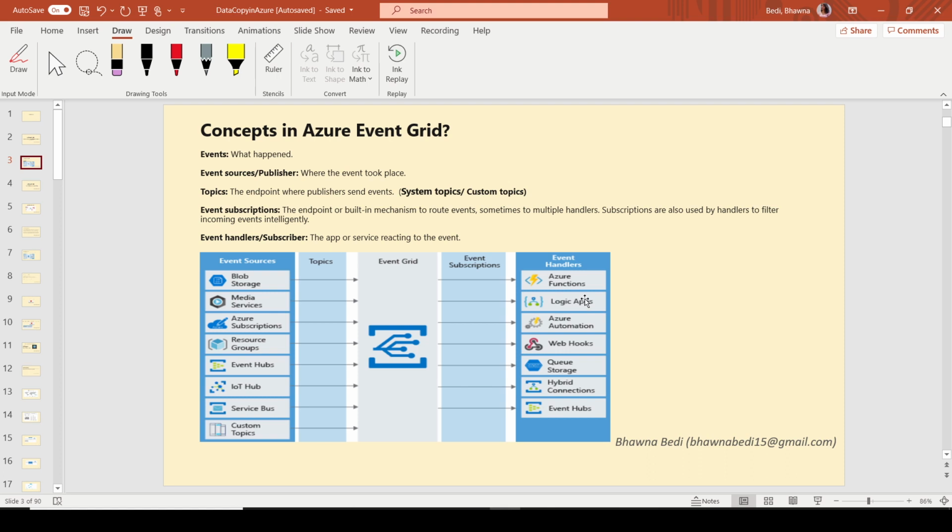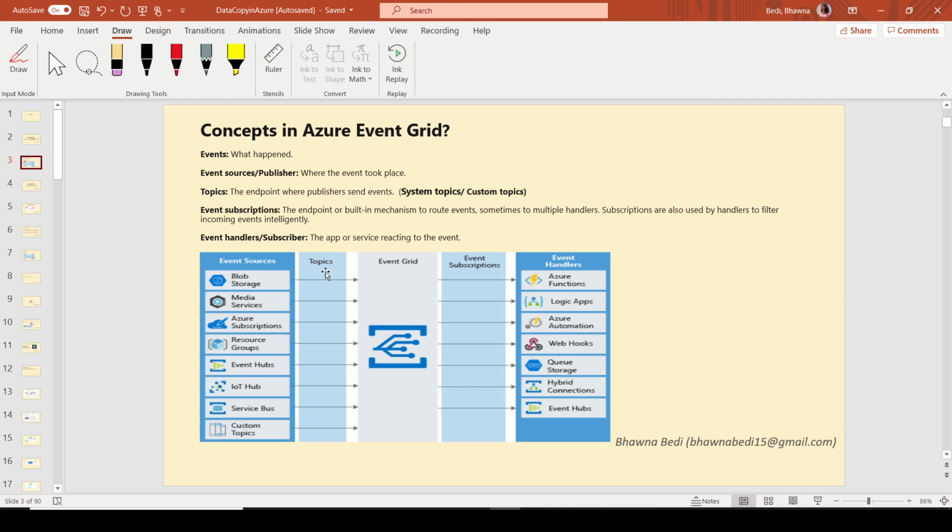On the event handler side, we already have a webhook, right? Our webhook is handling our event, because just now we have selected webhook. So whenever any event is happening in the Redis cache, this webhook is displaying that content onto our web application.